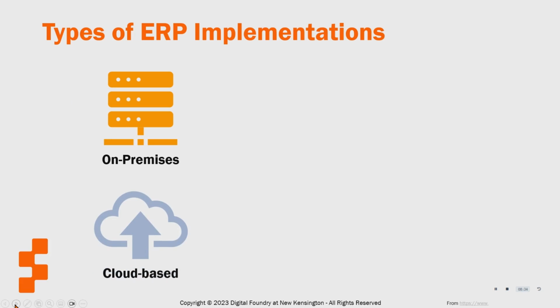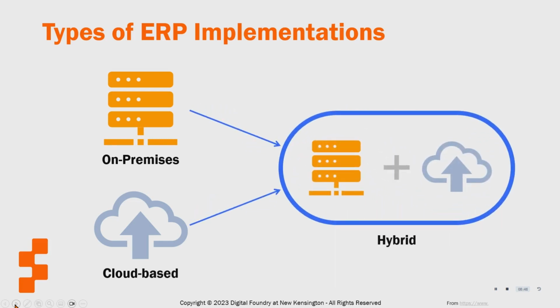Cloud-based, as a web-based solution, also known as software as a service, where you can access and store data on any device with an internet connection, usually through the purchase of a subscription. And finally, hybrid, which is a combination of cloud-based and on-premises ERP system solutions. These configurations can provide ERP users the flexibility to migrate between delivery models or integrate benefits not available in existing